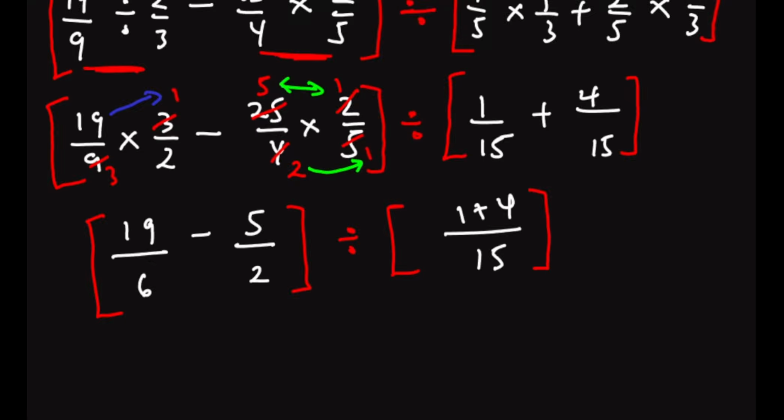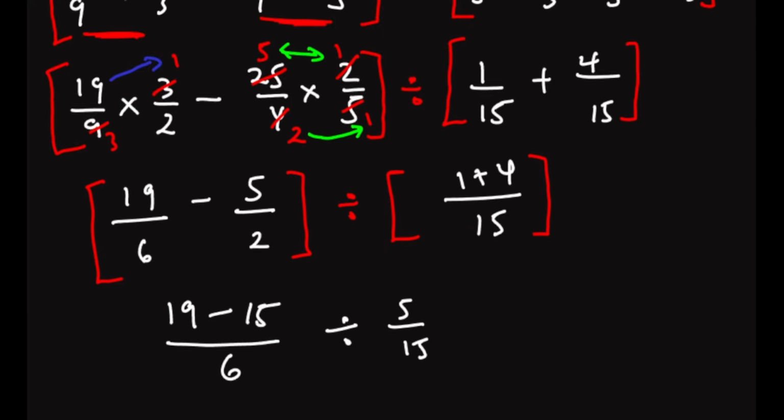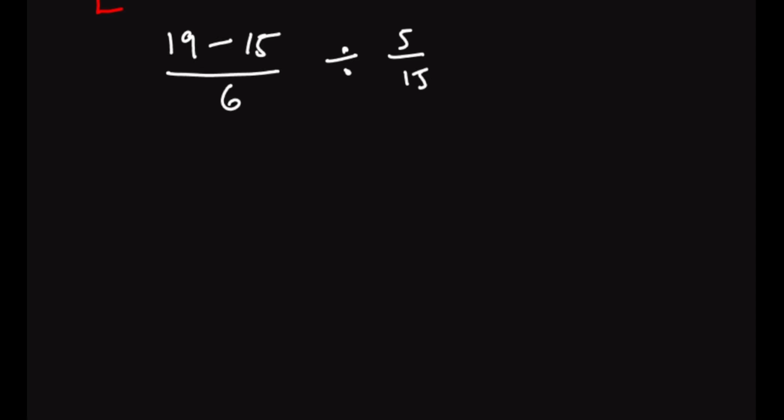Now here we simplify and find the LCM. What's the LCM for the denominators? That's 6. So 6 here divides this 6 1 times. Then 1 times 19 gives us 19 minus 2 goes into the 6 3 times 5 is 15, divided by 1 plus 4 gives us 5 over 15, and we go ahead to simplify. 19 minus 15 gives us 4 all over 6 divided by